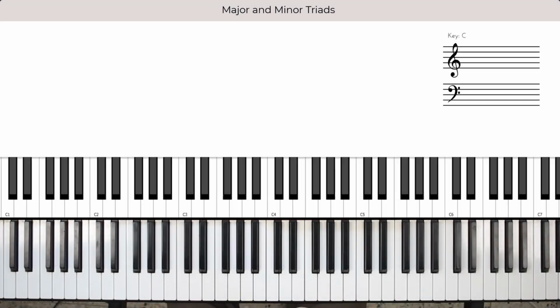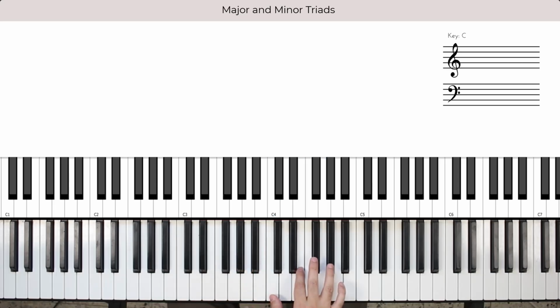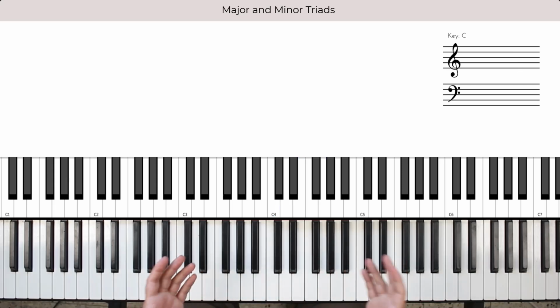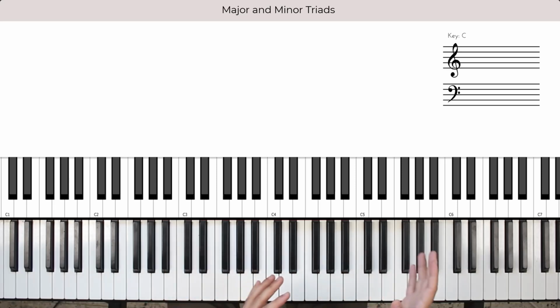The next skill is triads. Now, as with scales, there are different types of triads. There's major triads or chords, minor, diminished, augmented. So, it's a long list, and we haven't even gotten to the seventh chords and more advanced chords. However, it would suffice for beginners to just get a hold of how to play two types of triads, the